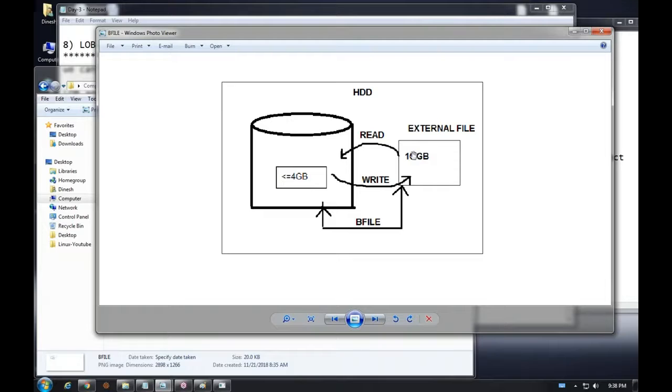I want to use this data in the database. And also, I want to write some data onto the external file. Again, I want to transfer data from the external file into the database, and also transfer data from the database into the external file. For these read and write operations on the external file,